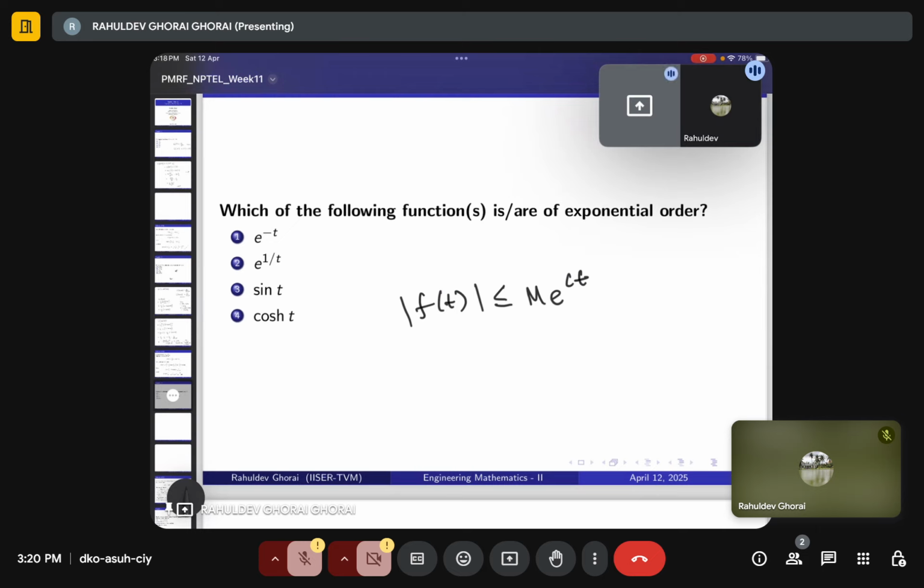So what about the function e to the power minus t? What about e to the minus t? It will be of exponential order because